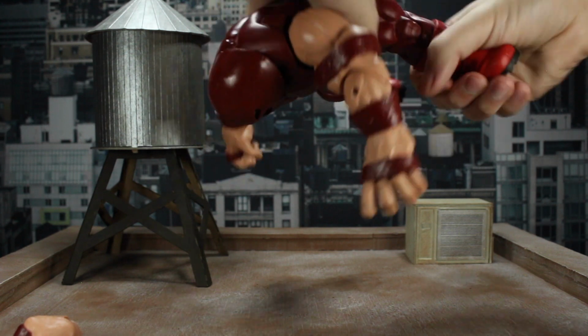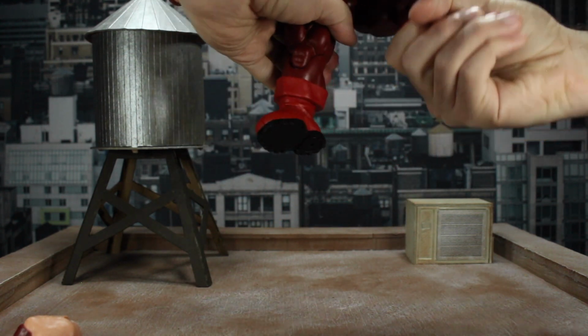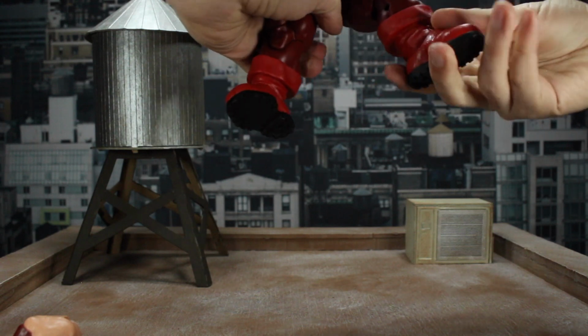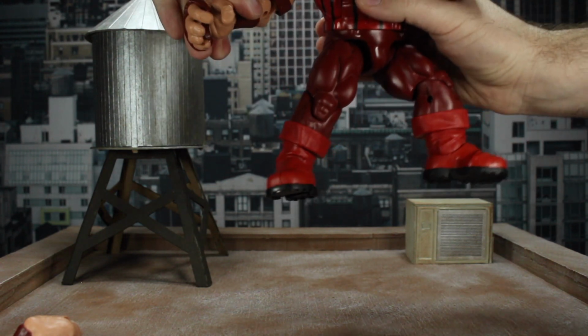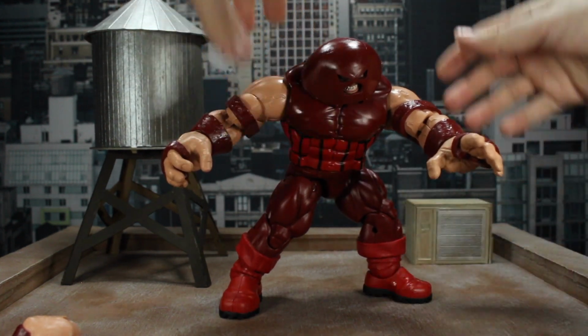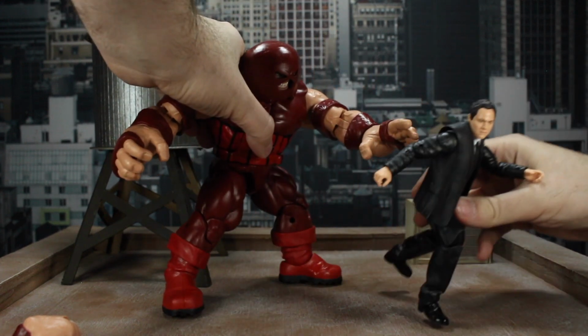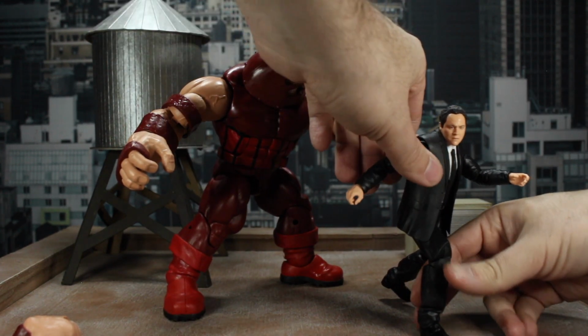And we're going to just get the legs a little bit bent and spread apart here. Get the left leg bent and the right leg will be straight. And twist the head. And have him leaning down just a smidgen, because everyone is usually smaller than the Juggernaut. And like that. Now you have...